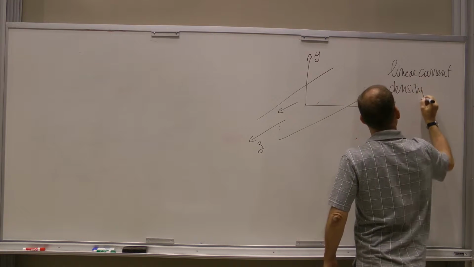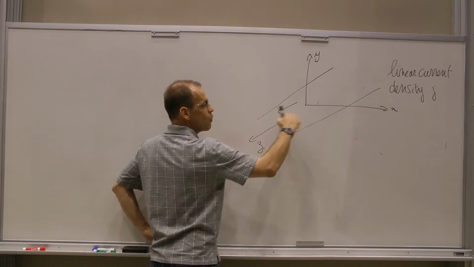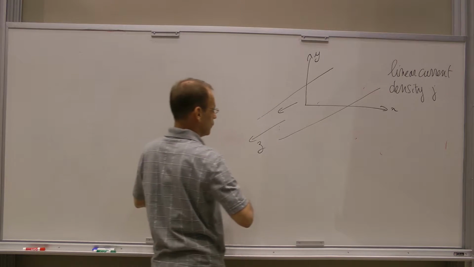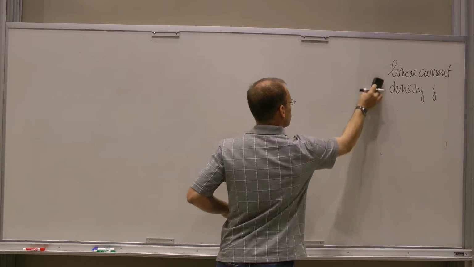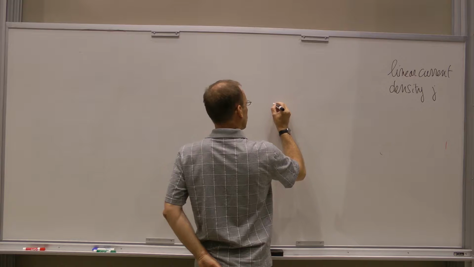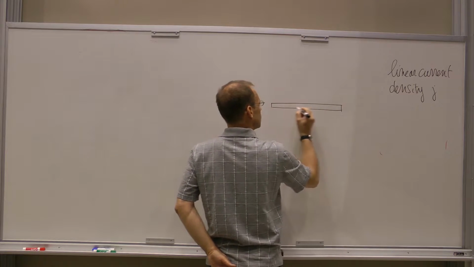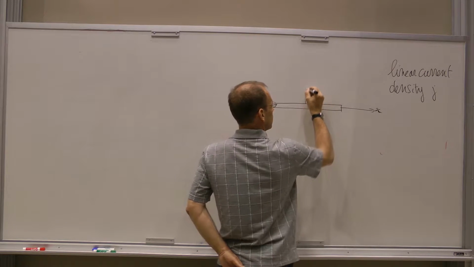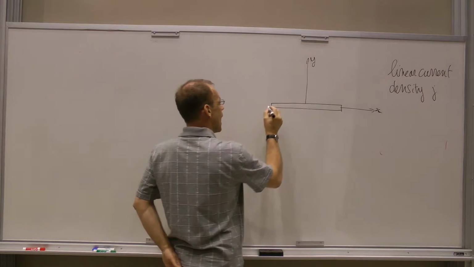That we're going to call J. And J is going to be current density per unit of width of the sheet. So it's a lot easier to see in cross section, and we'll be able to locate the point P where we want to calculate that magnetic field. So from a cross section perspective, here's that sheet of current. Here's the x-axis extending to the right, the y-axis extending vertically, and the z-axis sticking out of the page,